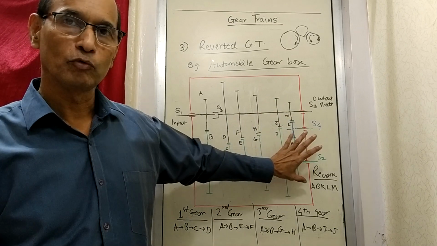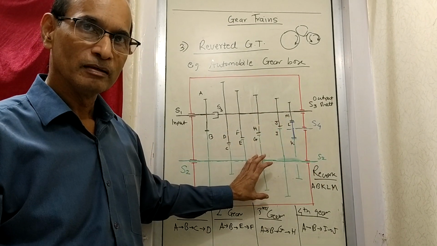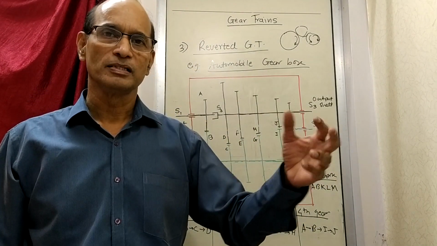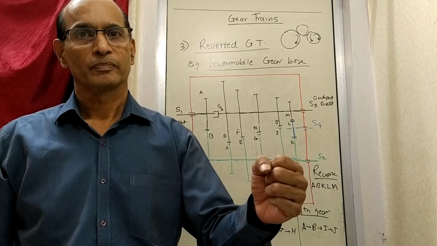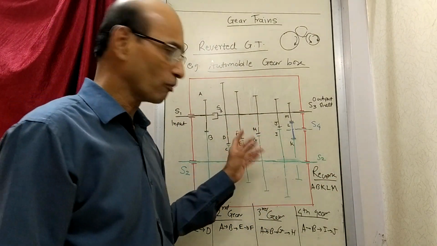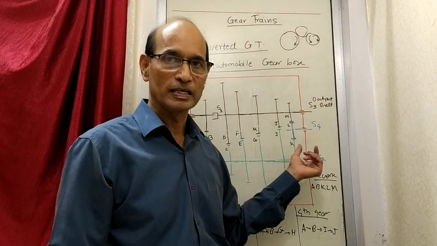This is just a line diagram to explain how it works. In reality, there is a different arrangement. Whatever arrangement is made here is such that when you change the gear, the operator just shifts the lever, and inside, just like what we have discussed, only one gear pair comes in contact, and the other gear pair gets disconnected.